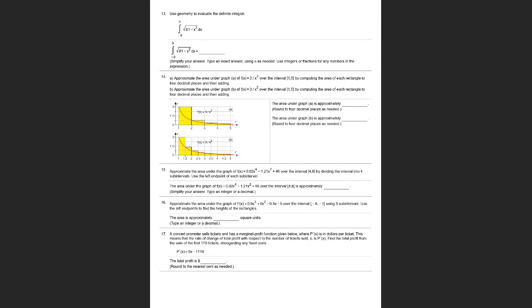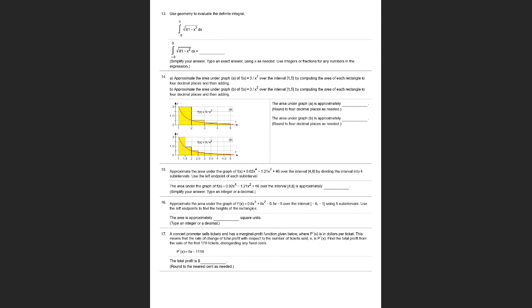I want to review estimation of area, approximation of area. So I pulled down section 4.2, number 15, homework. You are told to approximate the area of the function